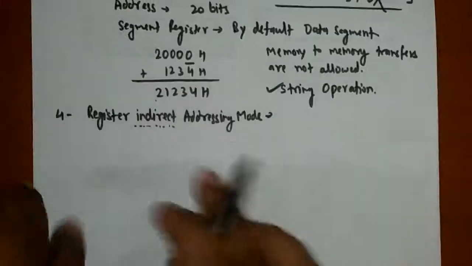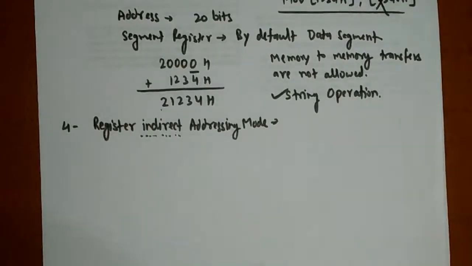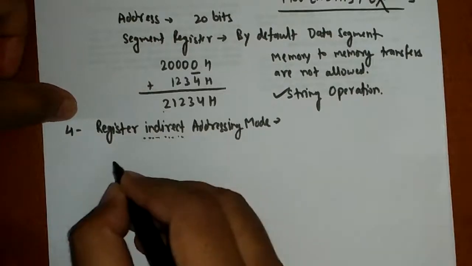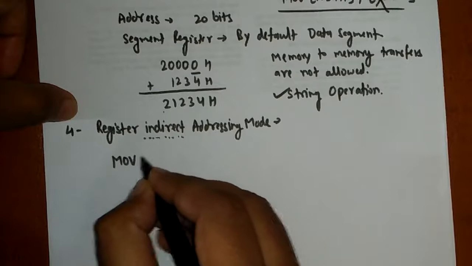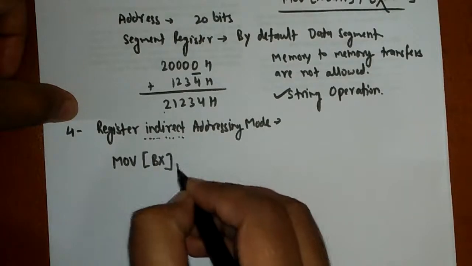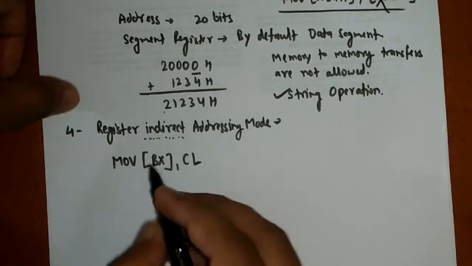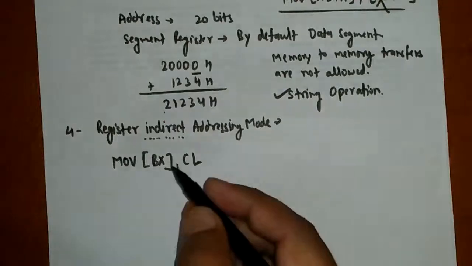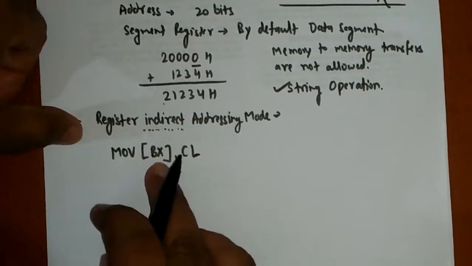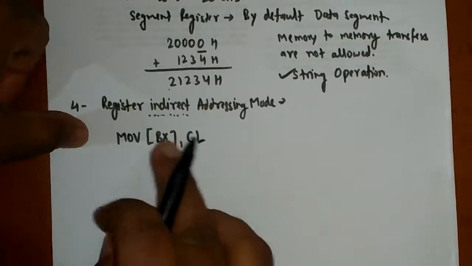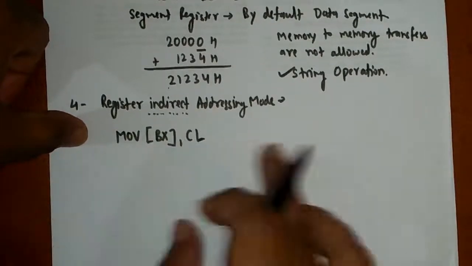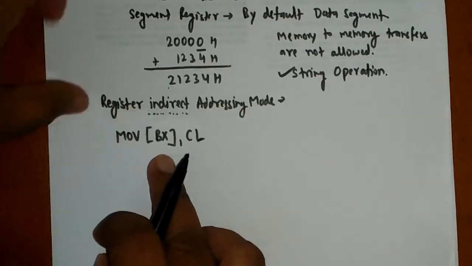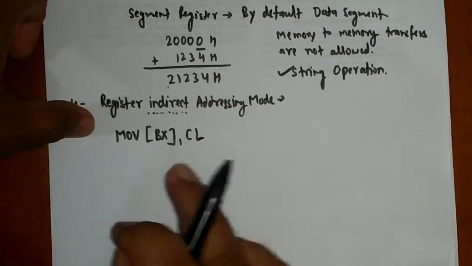So next is register indirect addressing mode, and in this addressing mode, as I said, the address will be given in the instruction, but indirectly. The example of this is MOV [BX], CL. Remember I stated earlier that if you encounter a square bracket, it means a memory address is there. As here it is written BX, the memory address is not given directly, it is present in the BX register, right? And if it is not stated which segment you are dealing with, then by default you will take the data segment to generate the 20-bit physical address, right?